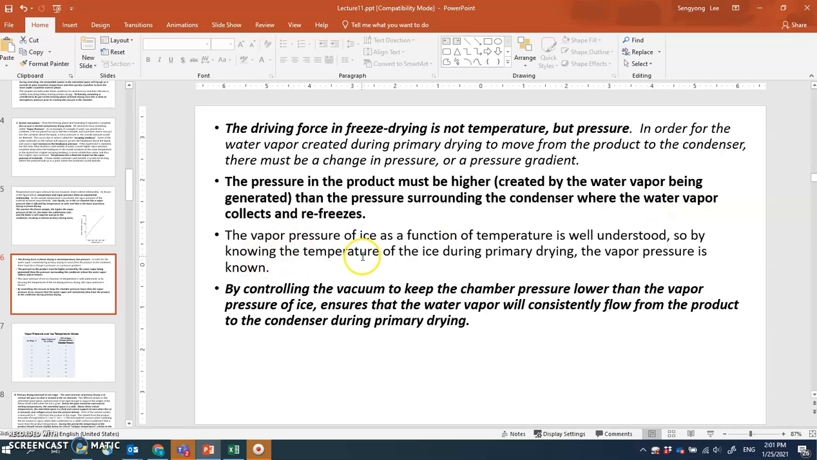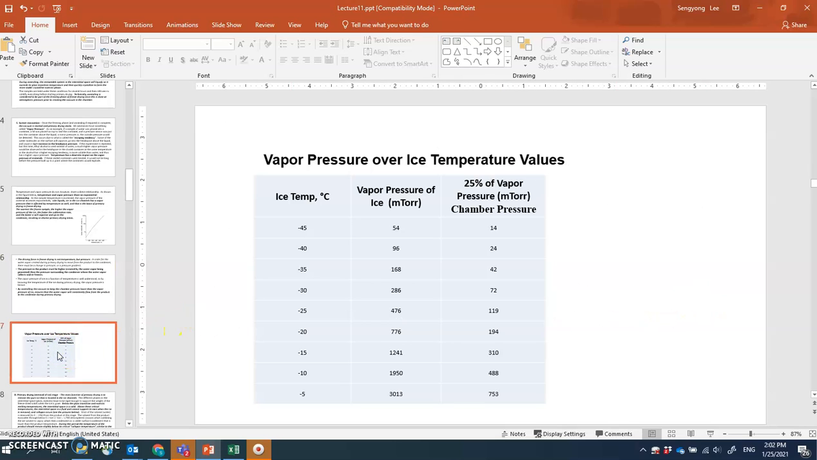The vapor pressure of the ice as a function of temperature is well understood. Okay, it's the graph we just looked at, right? So by controlling the vacuum to keep the chamber pressure lower than the vapor pressure of ice, you ensure that water vapor will travel consistently from the product vial to the condenser. So that's what's achieved during the drying step. So vapor pressure over ice temperature value. So ice temperature versus vapor